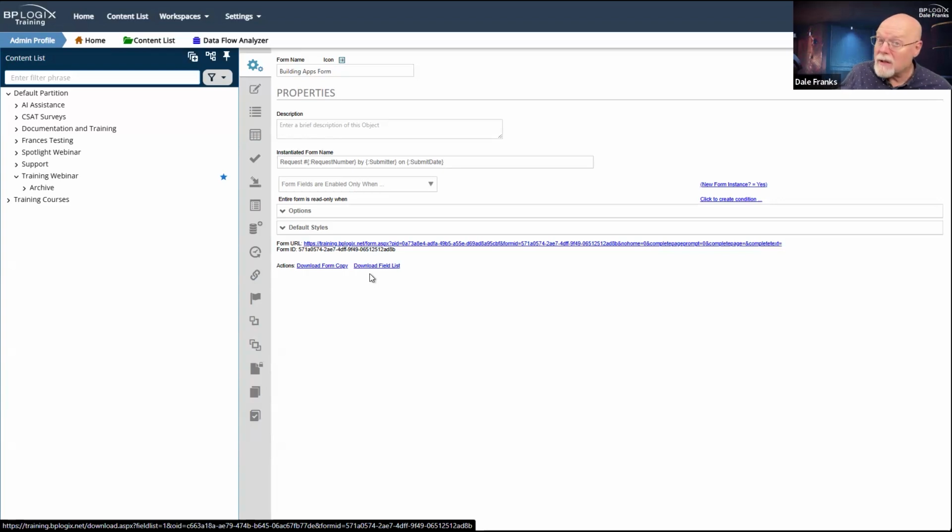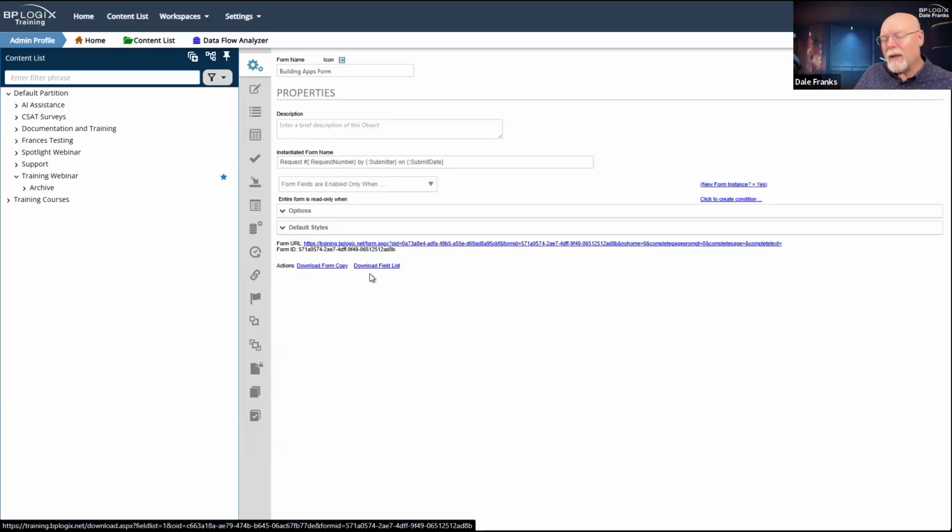You got to think seriously about this because you're probably going to have some knowledge views that give people access to that form to open it up. And depending on what permissions you set, and we'll be talking about permissions next month at some point, they may have the ability to edit those forms. We generally don't want that.